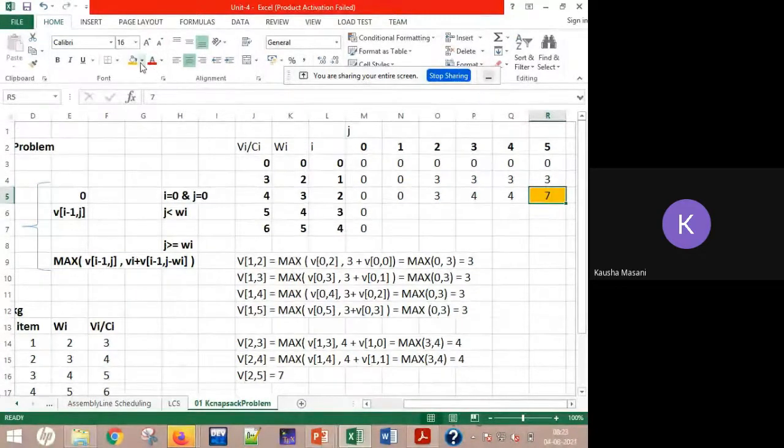Now what are we supposed to do for the next one? See, the weight is 4. So till this 3, we can copy the above cell. If you want to do the calculation, again, it will be the same only. You can try it out with the calculation also, but weight is 4 here. So all of this we are going to copy from the above cell: 0, 3 and 4. The only thing that you need to compute is two values now, that is V of 3, 4 and V of 3, 5. Compute.